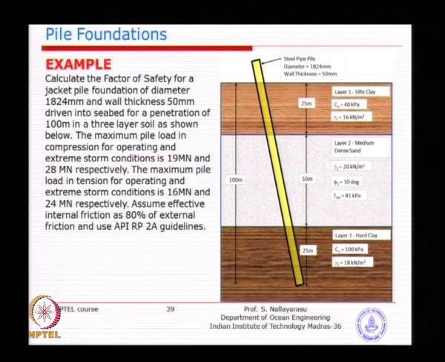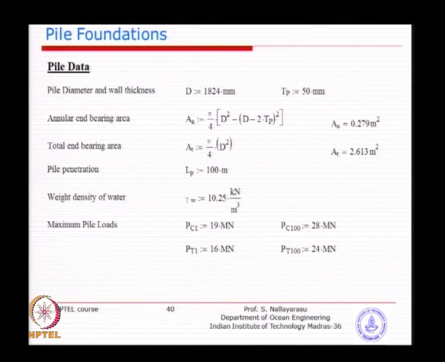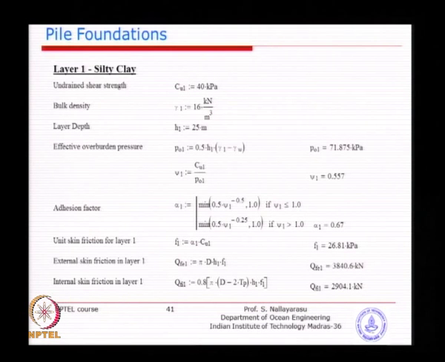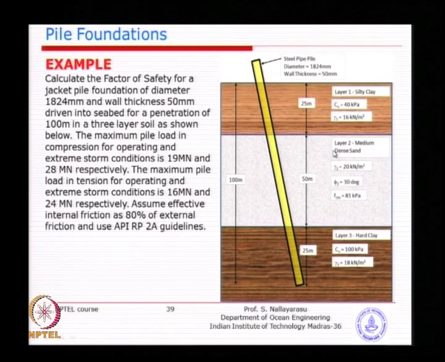So, now let us go to a quick review of this particular problem. All the data are given, you should know how to calculate the areas, geometries and modular ratio. So, you should not ask for formulas. You should remember all that information. So, let us look at layer number 1. The depth of the layer is 25 meters, and the bulk density is given, which will be provided to you similar to this sketch.